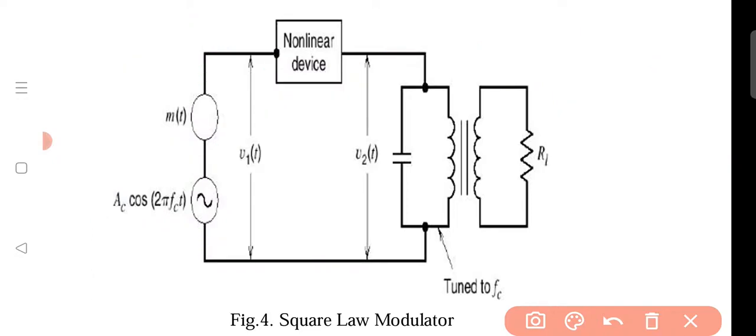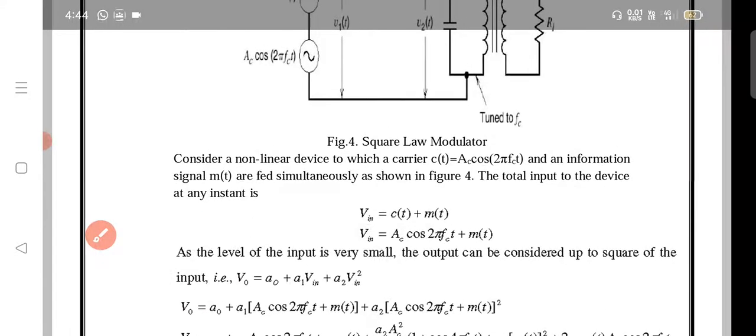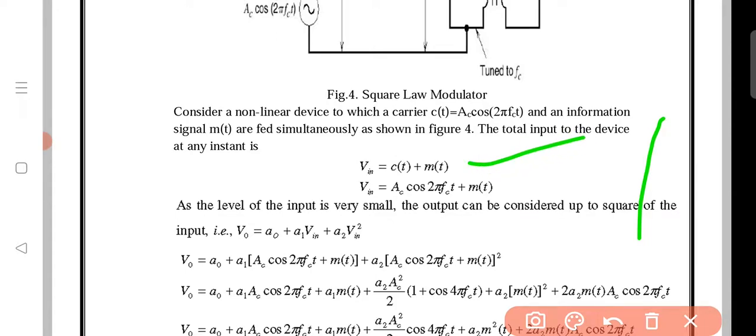Okay. Now what is the derivation? Here V in is equal to C of t plus M of t. It is also written as Ac cos 2 pi fct plus m of t. Okay, so substitute these equations into our nonlinear